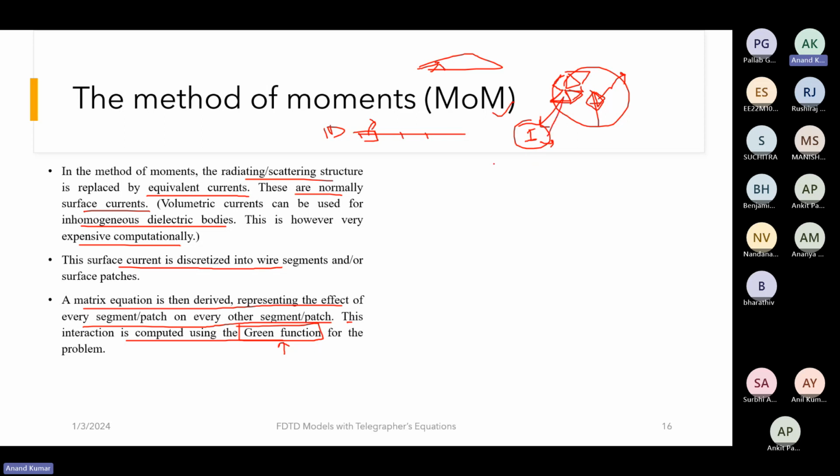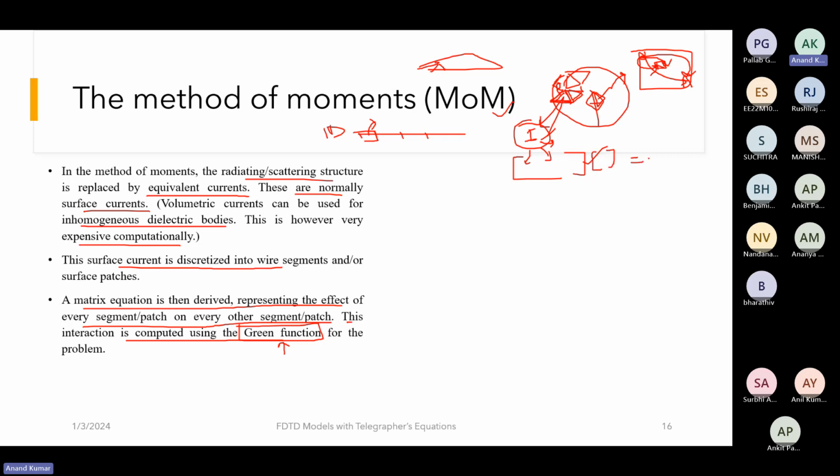for each element we will have this surface current value and other variables, and each of these variables will then be filled into a matrix. And this matrix comprises the interaction of each of these triangles with the other triangles. So if you have a very large structure and you're trying to discretize it, there could be triangles over here, there could be triangles over here. Each of these triangles will interact with this triangle, and so the interaction of each triangle with the other triangles will be noted down in this matrix,